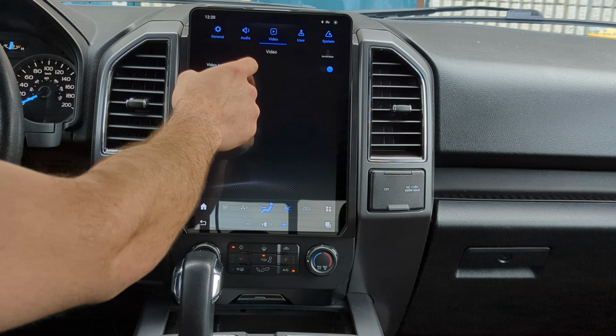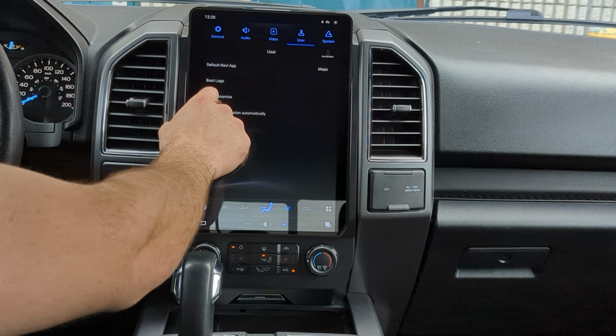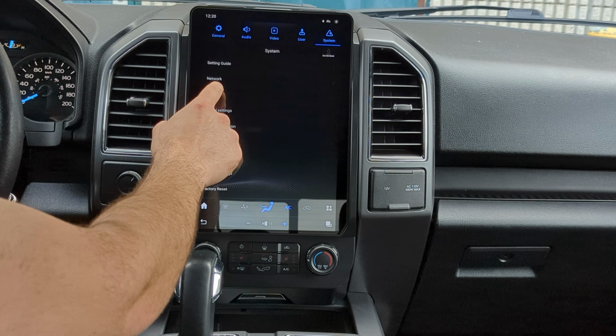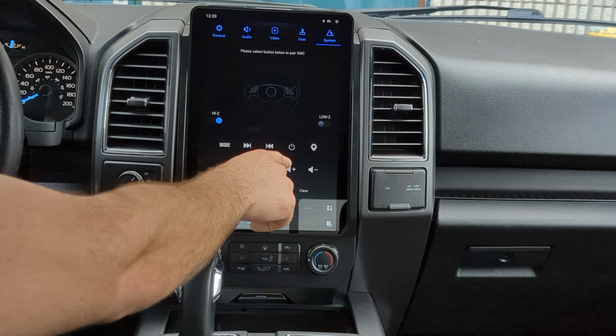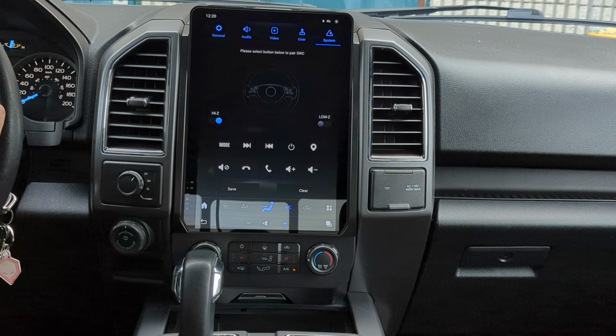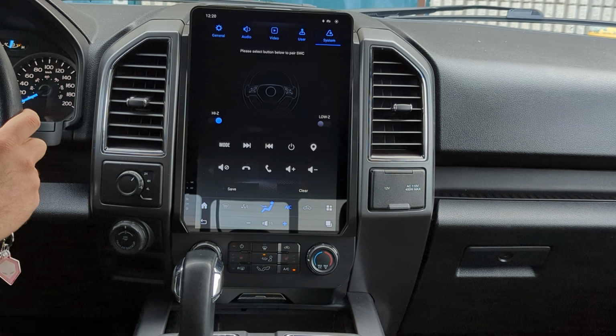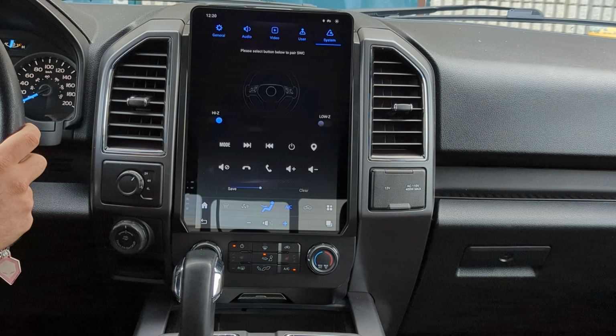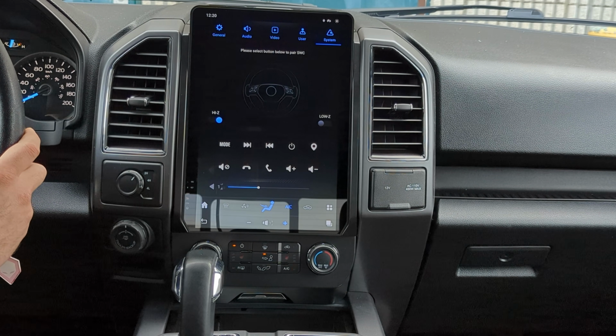But here you can go ahead and change all of the basic settings, and then you got your equalizer there. And then if you go to system, you will notice that we have real settings where you can program a particular button that you prefer on your steering wheel to do something else. And of course, in this model, our steering wheel controls work no problem,